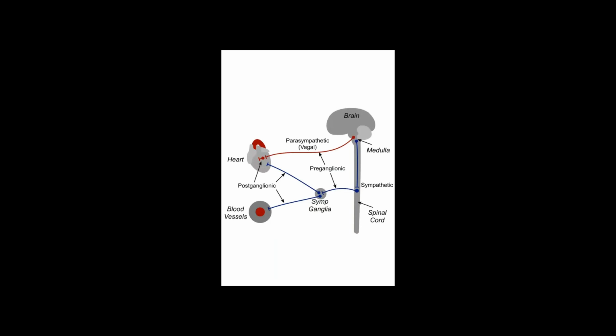Next, stimulation of the vagus nerves results in slowing of heart rate, that is bradycardia, reduction in the force of contraction and constriction of coronary arteries. So the opposite results are shown in stimulation of the vagus nerve compared to the sympathetic nerves. So this is the nerve supply of the heart.